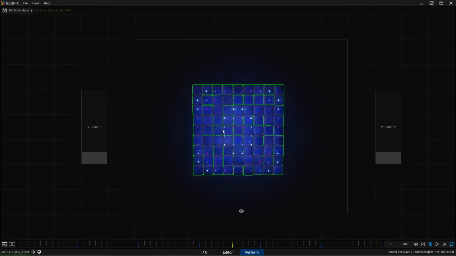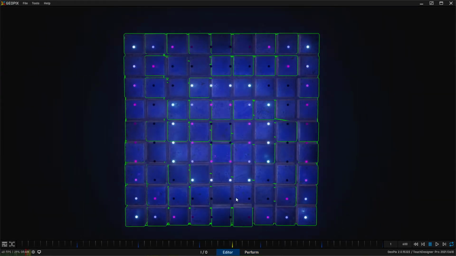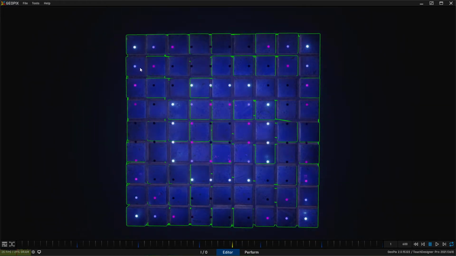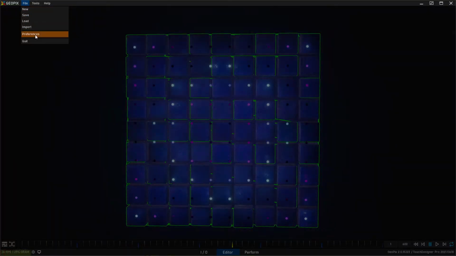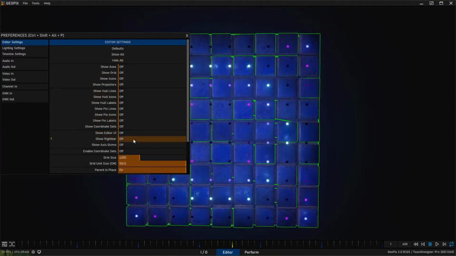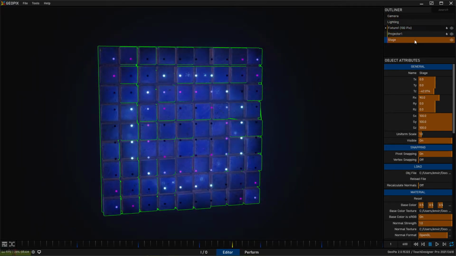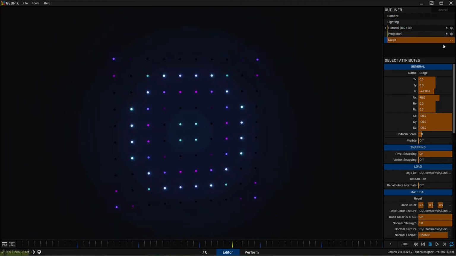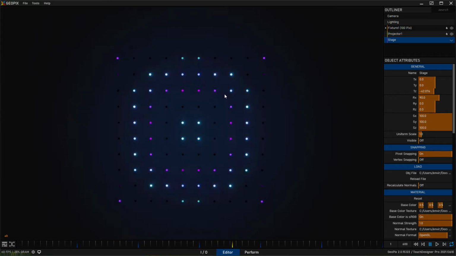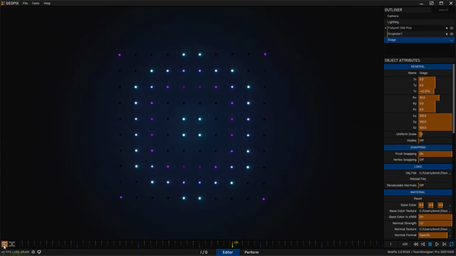In fact, I would argue that that piece of geometry, while it looks cool, is really distracting us from what the content looks like, right? You can't see that as clearly from like a front-on view. So we may actually want to just turn those things off altogether. So I'm going to bring up my preferences again, and I'm going to turn on the right bar because we're going to just need to be in here in the outliner a bit. So we have our geometry here. I'm just going to turn that off, and that's going to get us back up to 60,